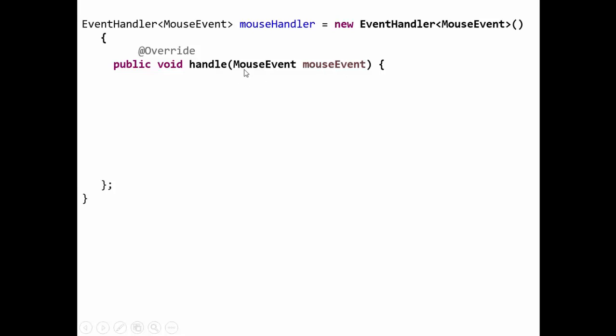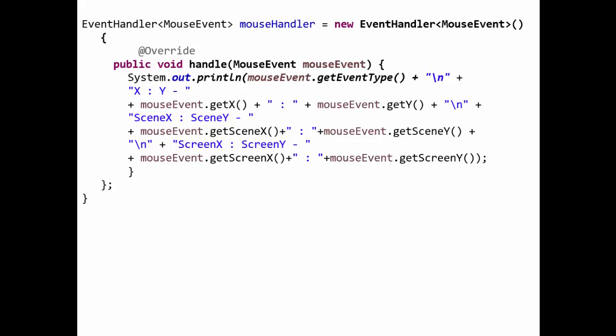Now the question arises, why are we writing MouseEvent? We had declared the MouseEvent class, we had imported the package for this, and we want to handle mouse events. So we handle MouseEvent and the reference is to be passed. This is the method which will handle what should happen when a mouse event occurs, because we had registered seven mouse handling events, starting with click to drag and so on. That code is written over here. You can write any code you want. Say for example you want to change the color of the scene, you can do it over here. This is the method which will handle your event.